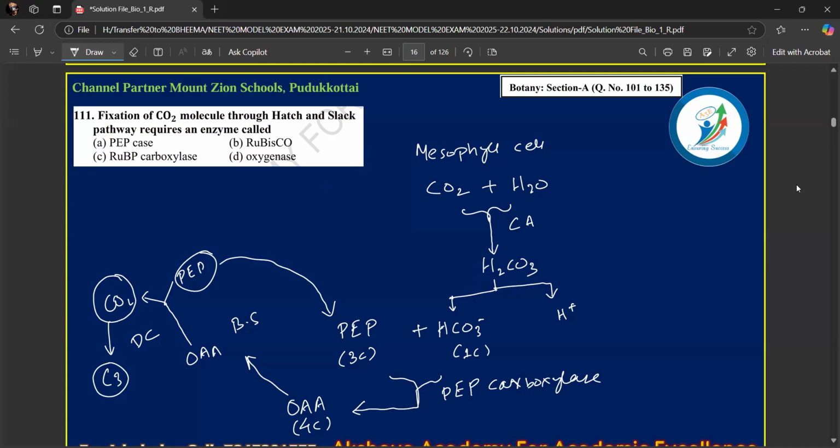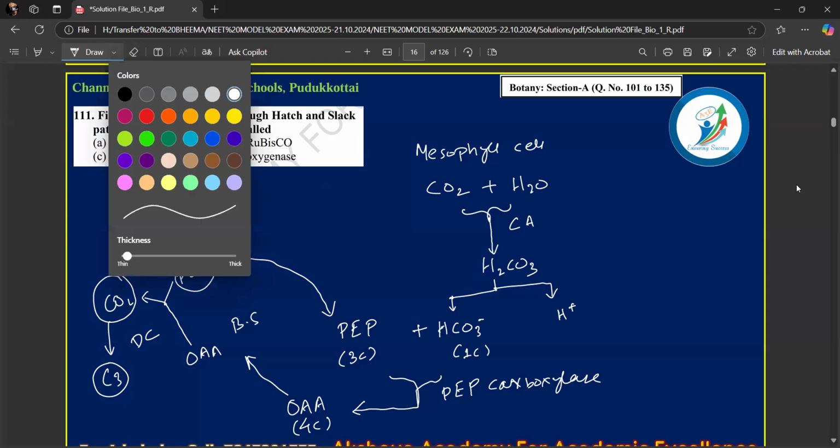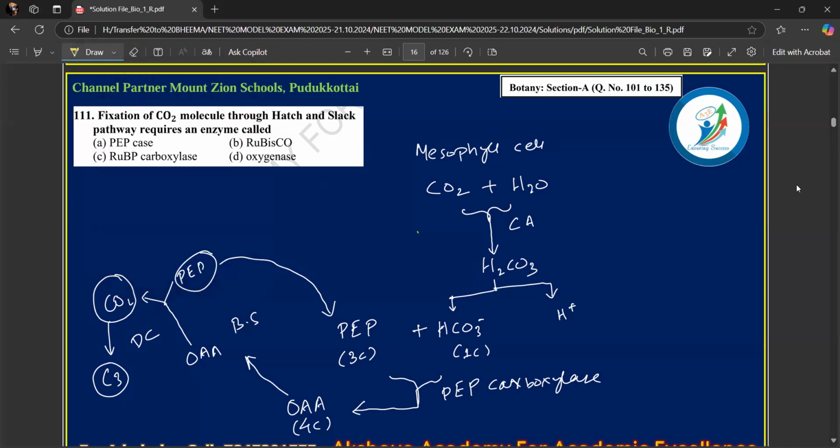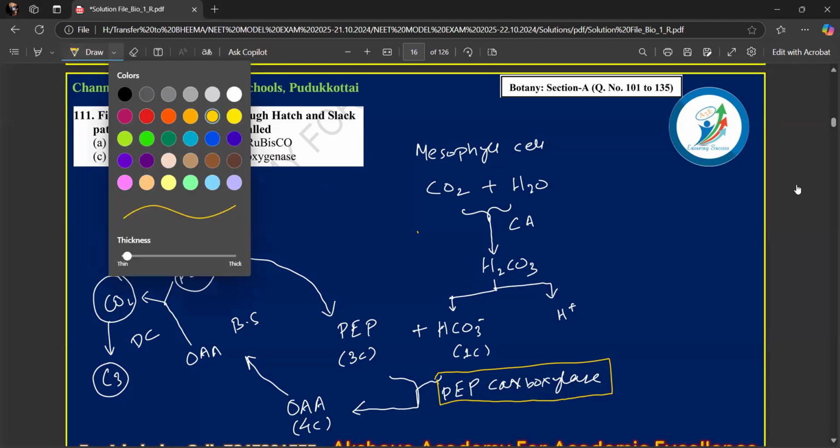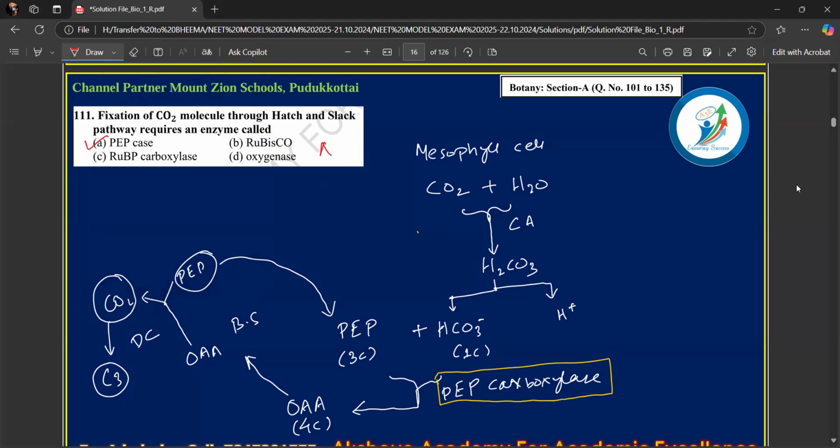So here the important enzyme involved in the creation of a C4 compound is PEPcase, or phosphoenol pyruvate carboxylase. So your right answer will be option A, which is PEPcase. Then let's go to the next question. Your next question